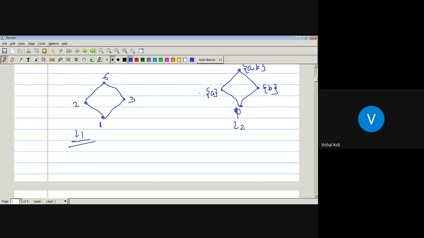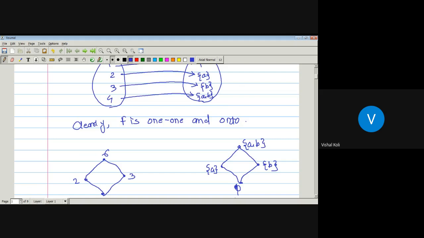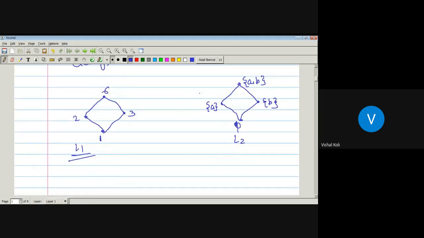Now let us check whether these lattices are closed under the join homomorphism and meet homomorphism. Only if they are closed under join and meet homomorphism do we say that the corresponding function f is a homomorphism from L1 to L2. And already we have proved that the given function is 1-1 and onto. So whenever we prove the given function is a homomorphism from L1 to L2, it must be an isomorphism from L1 to L2, and then we say that the corresponding lattices L1 and L2 are isomorphic.